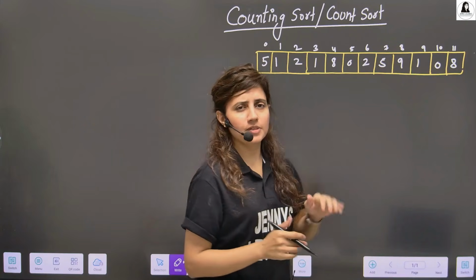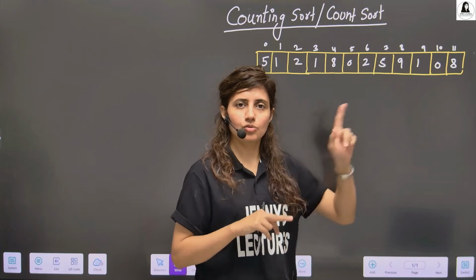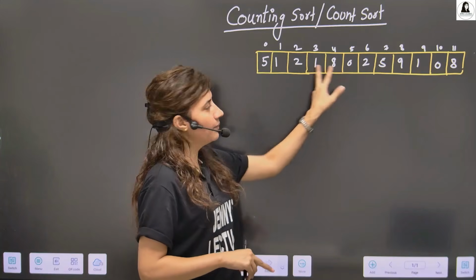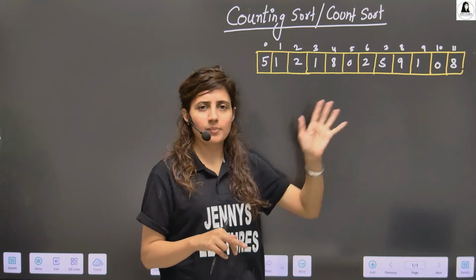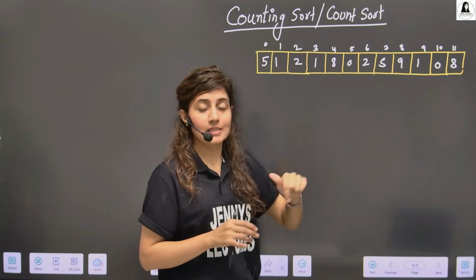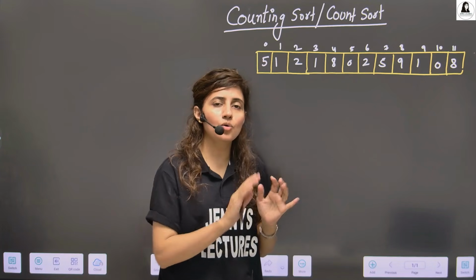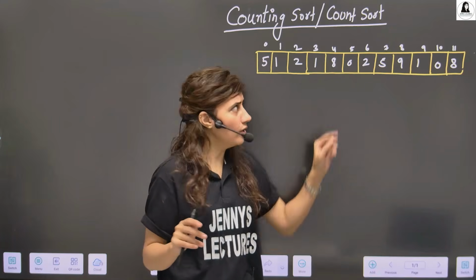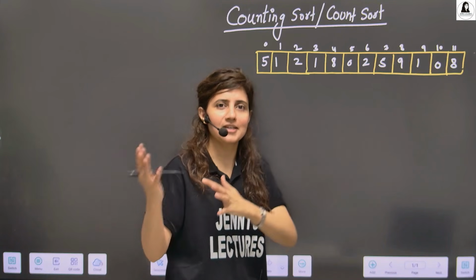So we are done with all the comparison based sorting: bubble, selection, insertion, quick and merge. In those sorting algorithms, we basically compare the elements, which is smaller, which is larger, and according to that we swap the elements and sort the array. Now count sort, radix, bin or bucket sort are known as non-comparison based sorting. We don't compare the elements, which is smaller, which is larger. No, we do something else.